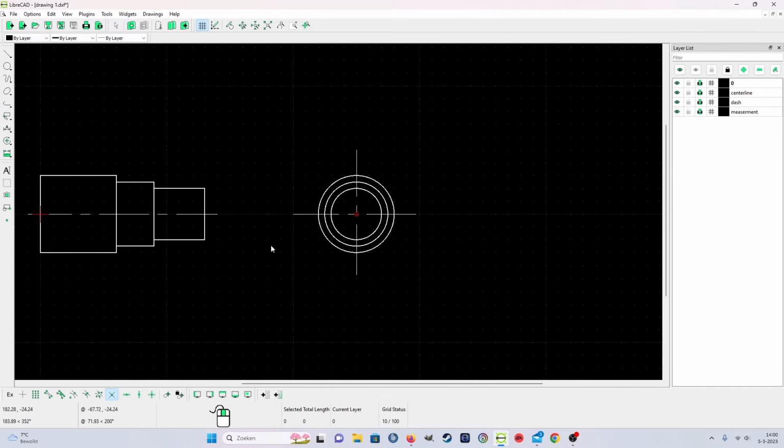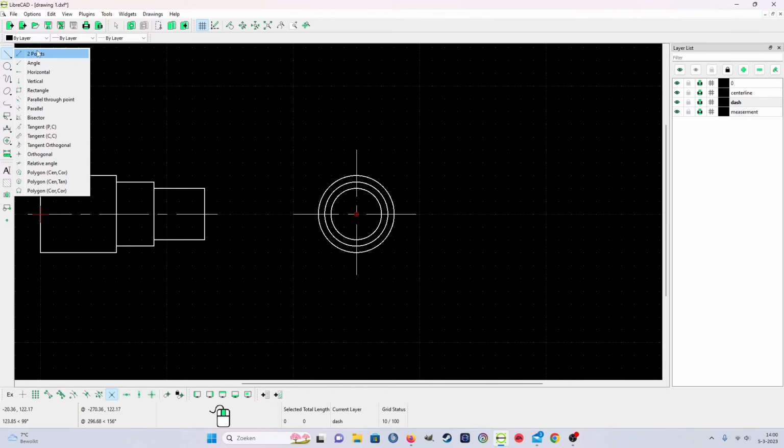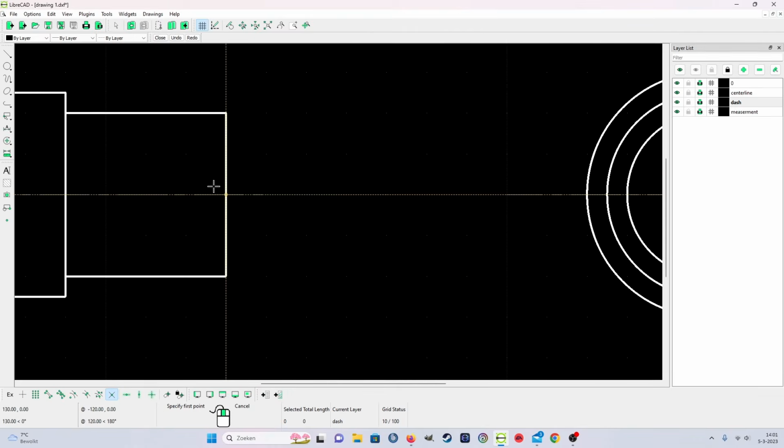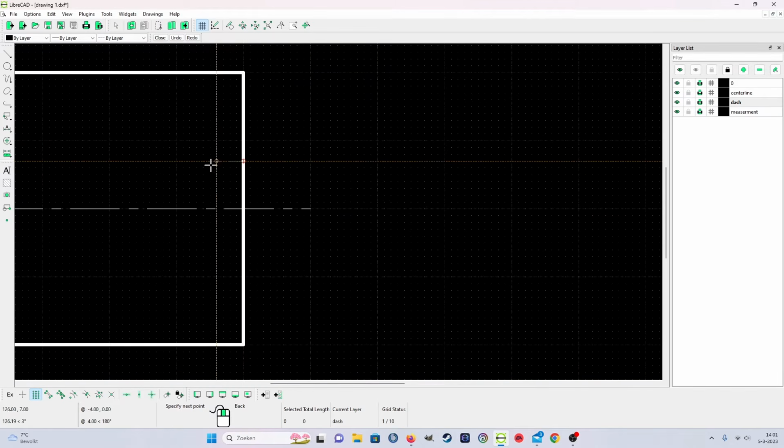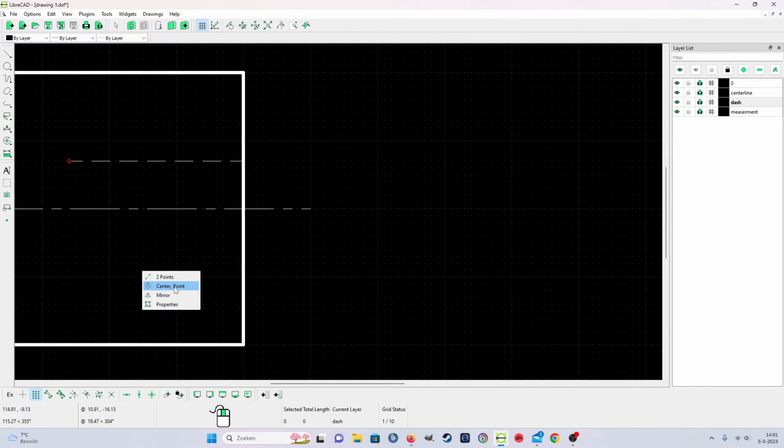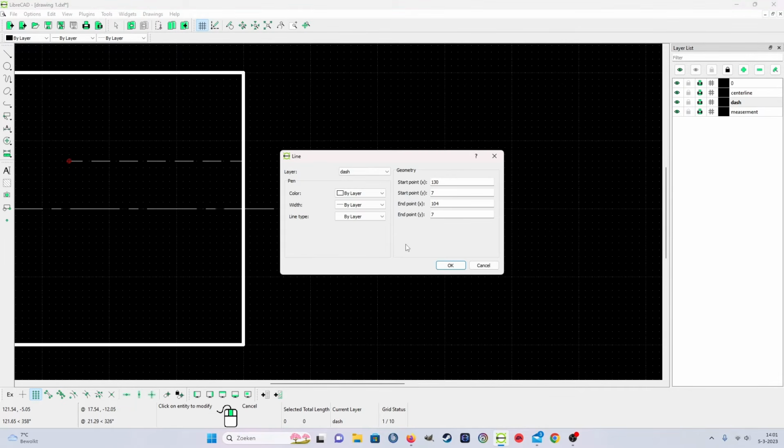I also want to have, that's why I make a dash. I will also have some thread in the middle of the shaft. So I select the dash, I select 2 points, and I said, okay, now I'm gonna put the snap on, because now I cannot draw, so you must put the snap on, and I put the grid on, and I just make a drawing like this. Now I'm gonna use the properties again. I click it on. My thread size is